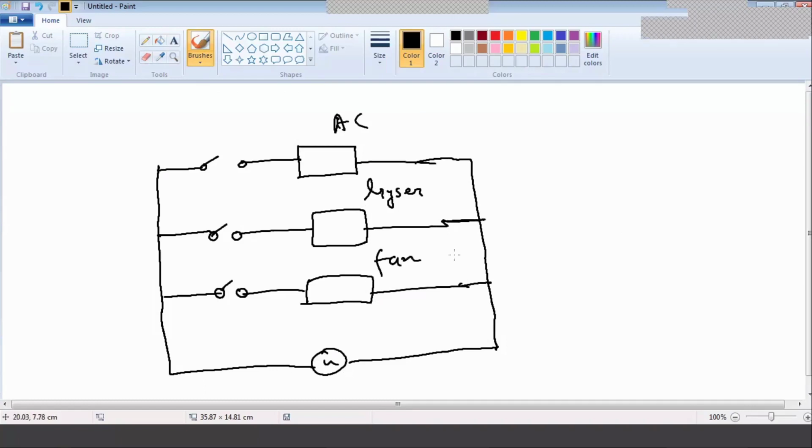This is of 1000 watts, this is of 230 watts, 500 watts, and this is of 230 watts, suppose.